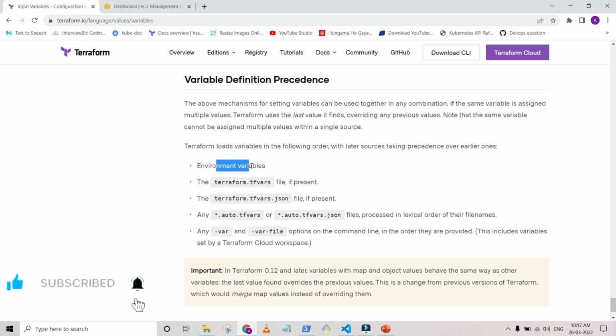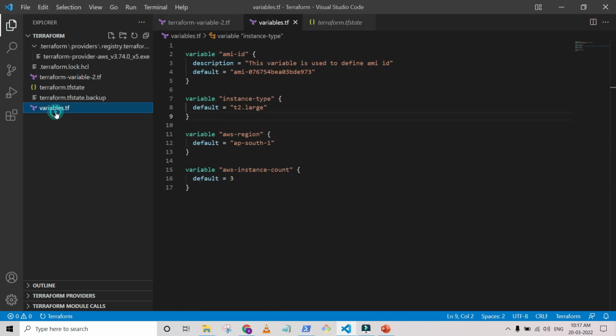If you don't have the environment variable, then the default variables which you defined will take the precedence. Like these are the default variables. If you refer to my previous video, you can see that I have four variables: one for the AMI, the image ID, one for the instance type, one for the region, and one for the instance count. Okay, so this is